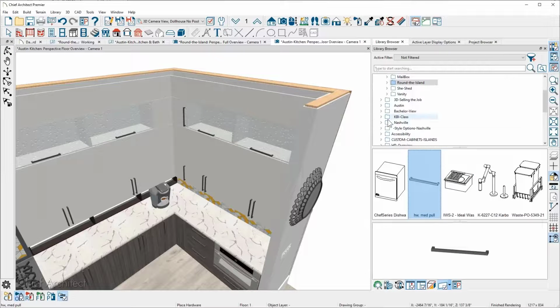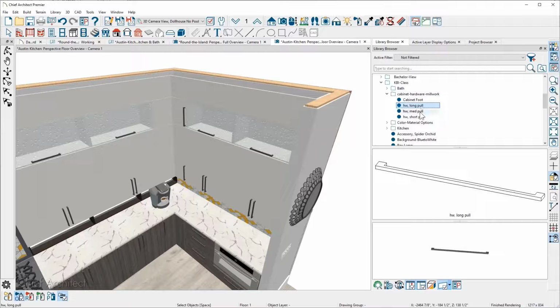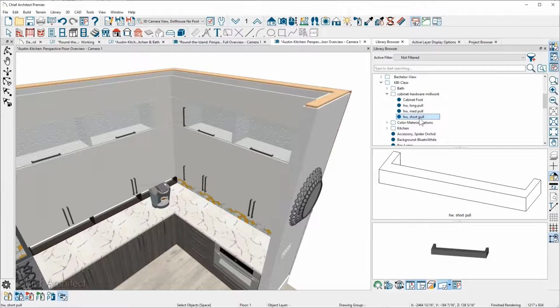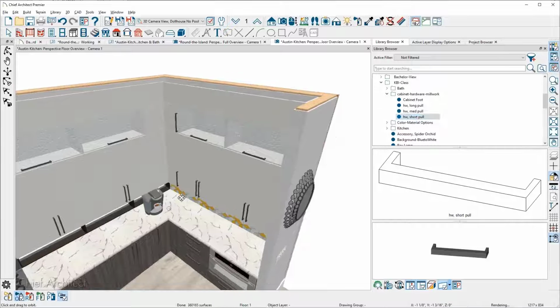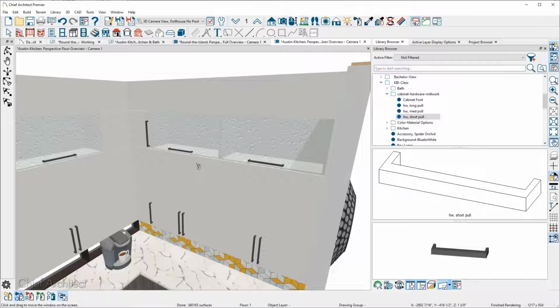I only have one. So let me scroll down and grab a smaller hardware, and I'll show you how the object painter works. Just grab this from one of my libraries here. There we go. Okay, so in this case, I have a long, medium, and short pole. And if you wanted a smaller piece of hardware, let's say on this upper cabinet face item, what I can